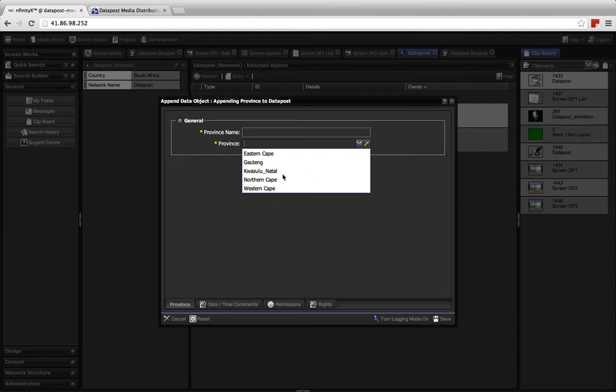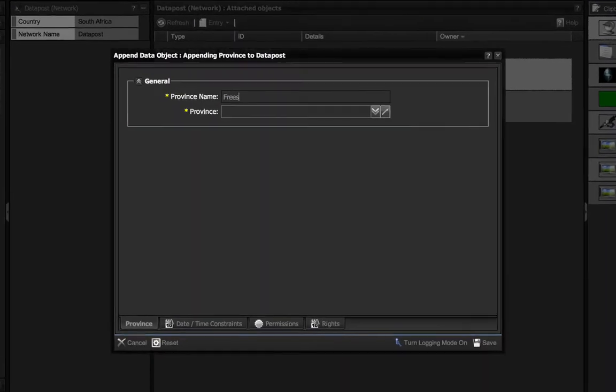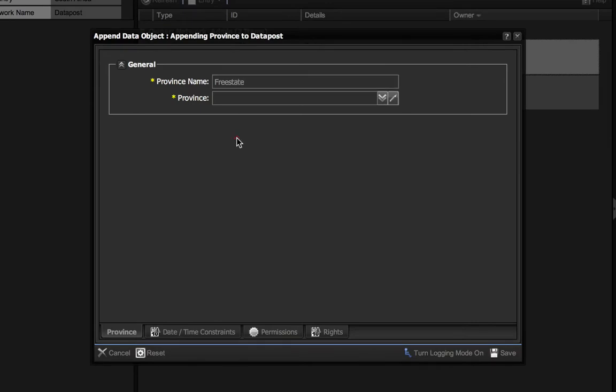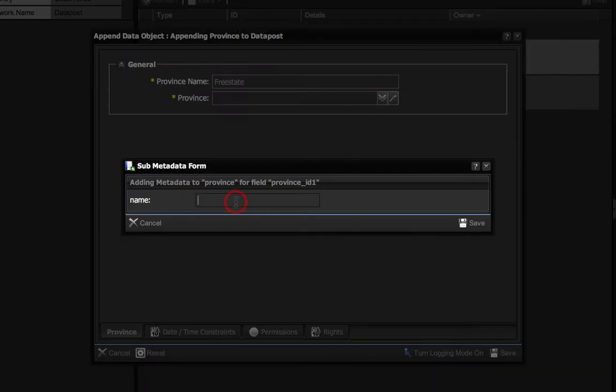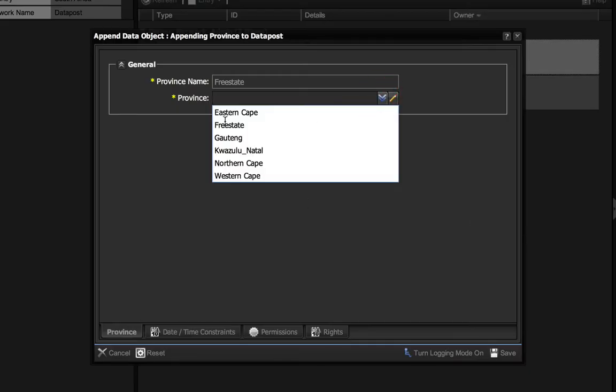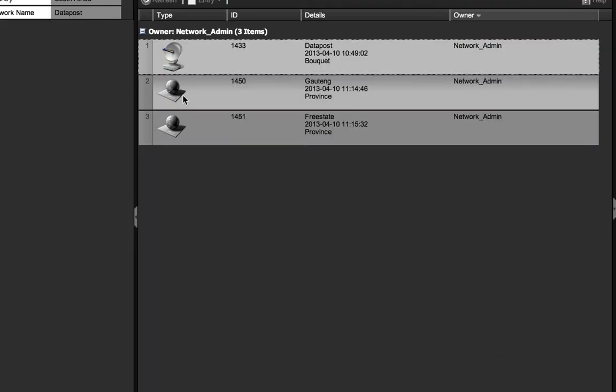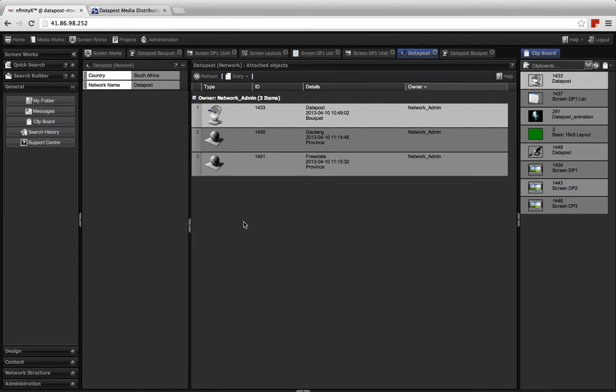Now, what I'm going to do here is I'm going to add one that doesn't exist in my drop-down menu here. So I'm going to say, we call it the Free State. And you will notice that there is no Free State here. So you simply click on the pencil and you add Free State. Save. And then you use the drop-down to add Free State. And save. So you would continue doing this for all the required states or provinces, whatever is relevant to your country. So I'm going to pause this at this point and add a whole bunch, but the process is exactly the